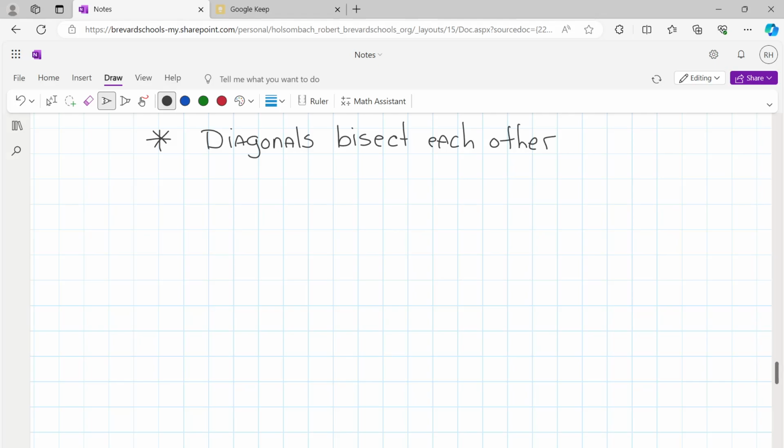Diagonals of a parallelogram bisect each other. So if we've got this parallelogram, again,